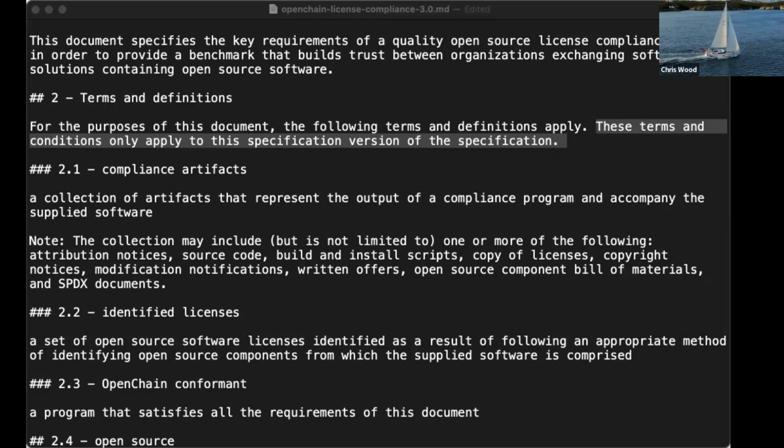Yeah, if we had that sentence without the specification version, so it'd be a specific version of the specification. If we had that statement only in version 3, then if someone had written all of their compliance procedures and documentation that said that they were compliant with the OpenChain processes for spec number 2.0, then they might